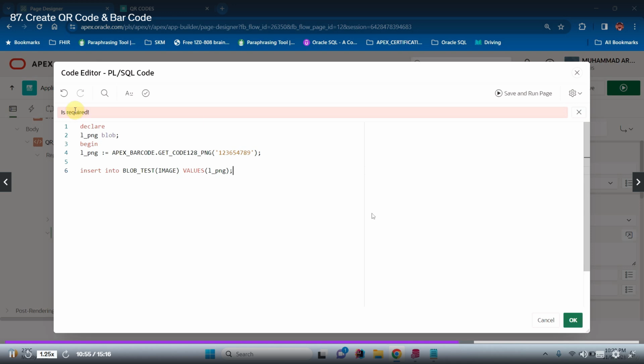So there is another option. So in this blog test table, we have two more columns: file name and then ID. So file name is barcode 128 and ID is 1. So copy paste these two statements,